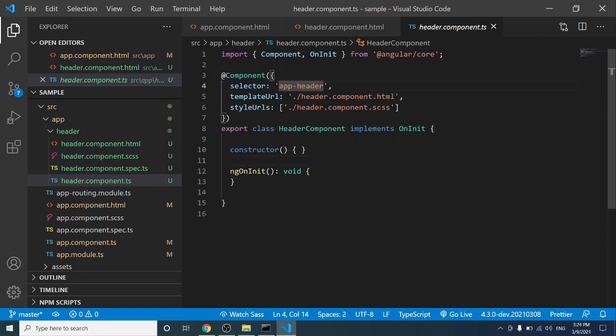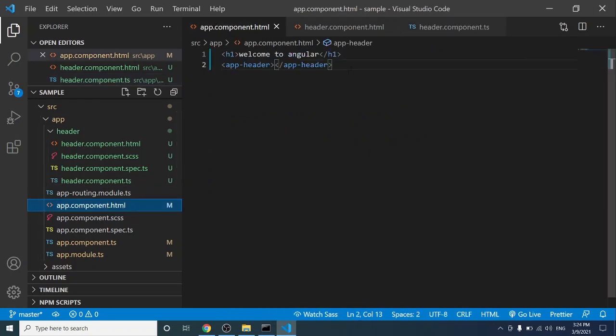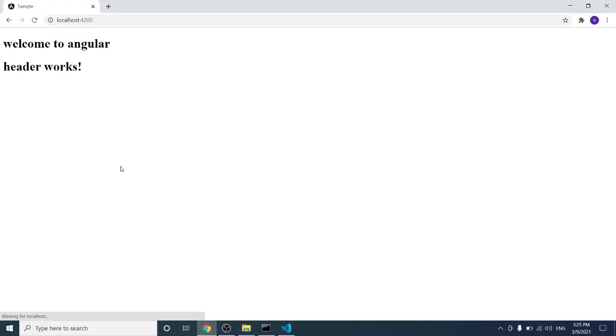We can mention it with the help of the dot operator. We can place a dot before app-header in the selector and need to change this one in the app.component.html. Let's comment this one out as a tag. I'm taking one div element. As we have mentioned the dot operator there, we can give here as app-header, which should work as expected.